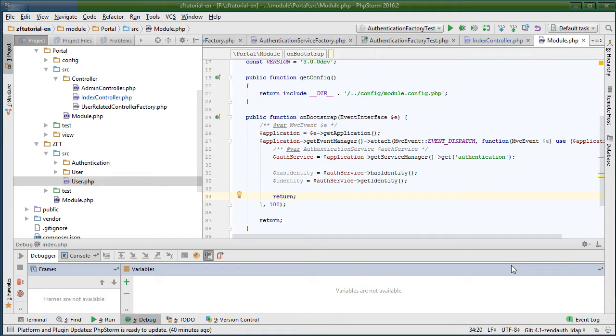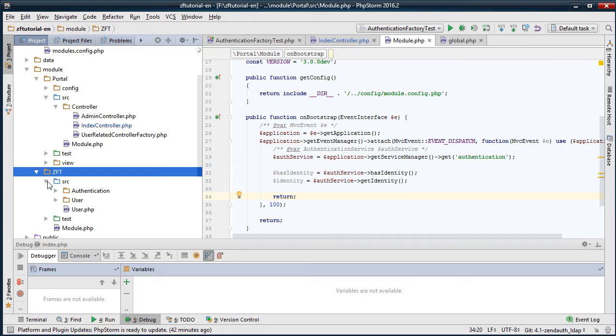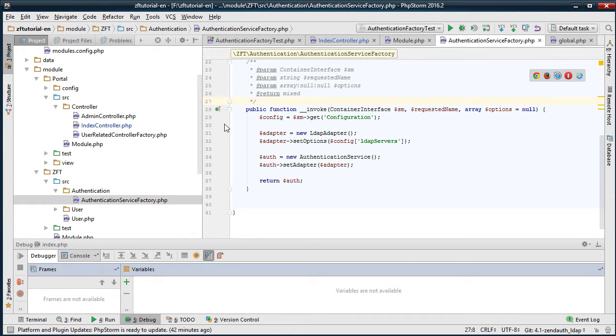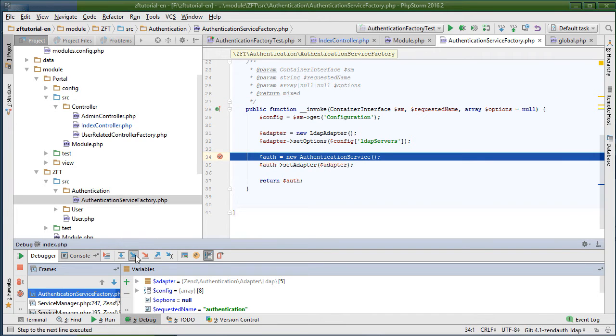When learning a new component, it's always a good idea to at least once walk through it with the debugger. Let's watch what happens all the way from the beginning of its creation. At the service factory, put a breakpoint when the authentication service is going to be created, run the script, and watch what happens as we walk through it. We're going to go into the next call,